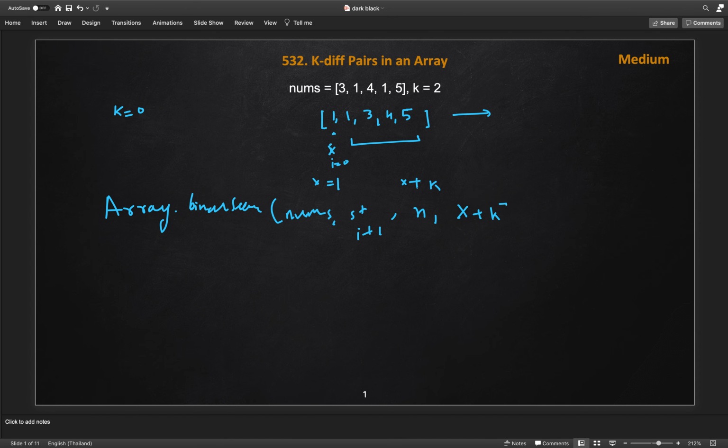If we find it, then we store the pair's minimum value, which is always x, as we are working in the sorted array.